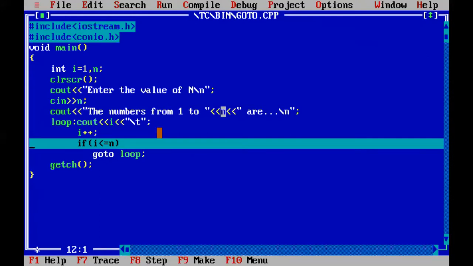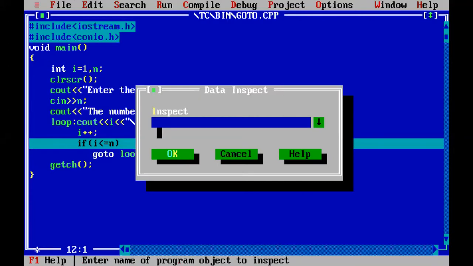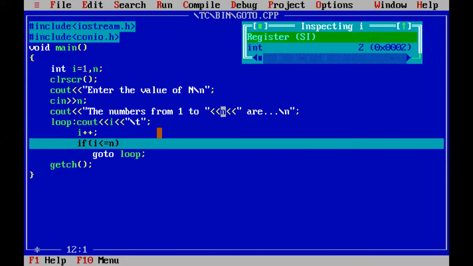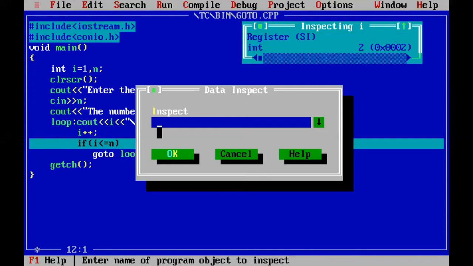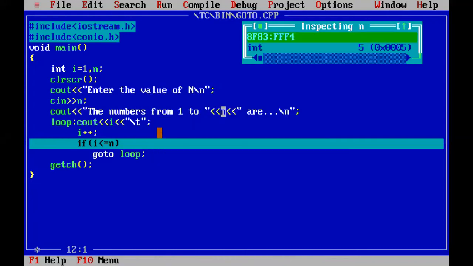Now program control is in the condition, that is if i less than or equal to n. Here you should know both values; then only you can say whether the condition is true or false. The n value is 5, the i value is 1. If you want, you can test it. You put the variable i: on the top right corner, the i value is 2 because i plus plus incremented it. Then one more time you put the variable n, so the n value is 5.